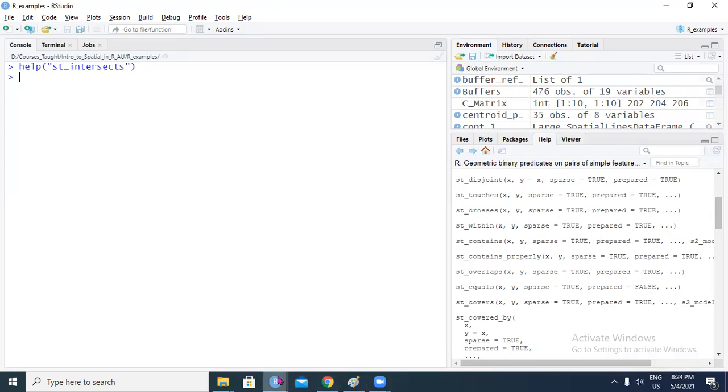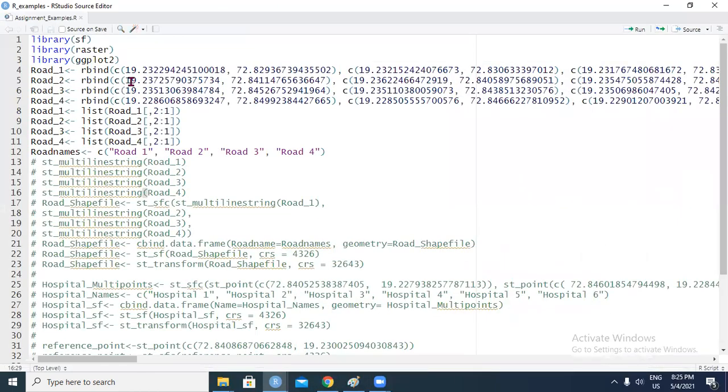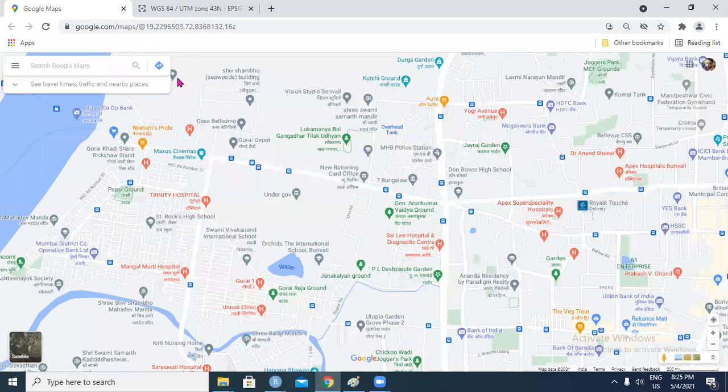So very quickly, I have created a script over here. I won't be typing because typing will just make the video very long. I've commented out a major portion of the script, and as we go through the workflow, I'll keep uncommenting each line. First, as discussed before, you need to collect the points which you have for each road. You've got 4 roads. In my case, I took these 4 major roads where I live. I haven't taken any of the smaller roads.